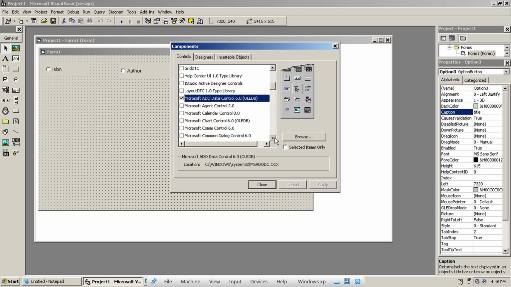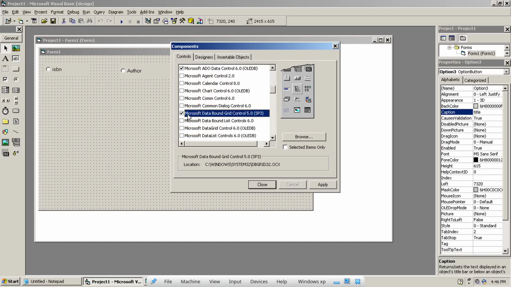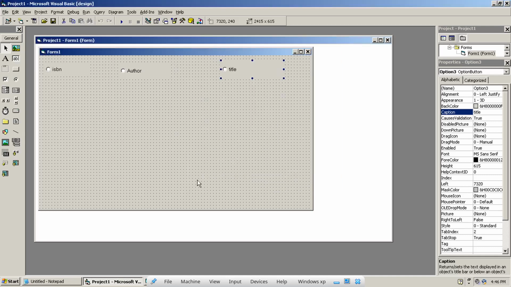Along with ADO, I need Microsoft Data Grid Control 6 OLEDB, and I also need Microsoft Data List Control 6 OLEDB. I say apply. If you see, I've got the grid, the data list and the data combo.